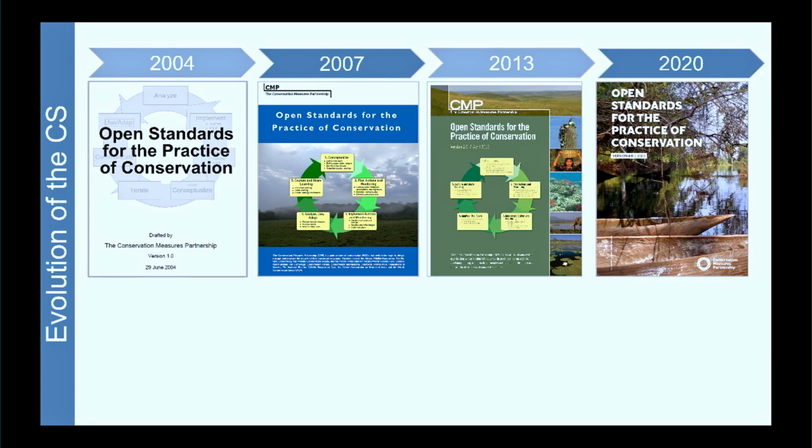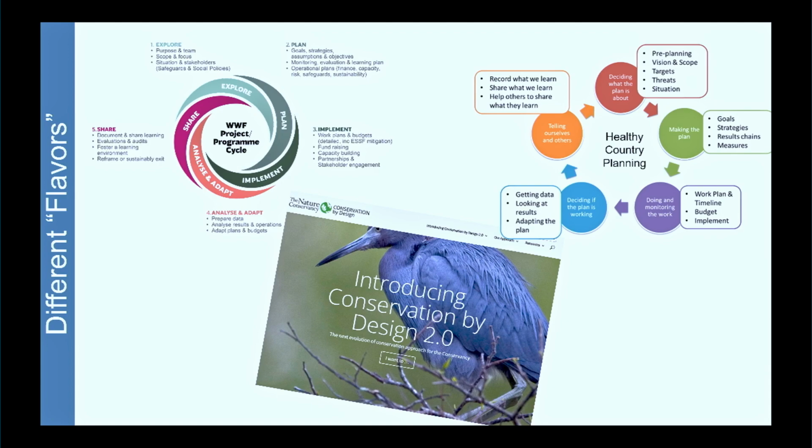I think there were 70 to 100 people involved in making some level of edits to the 2020 version of the conservation standards, so that was pretty cool. And I kind of shiver to think about this, but I'm sure we will have another version sometime in the near future. So the other thing is that the conservation standards provide a great common language framework, and it works